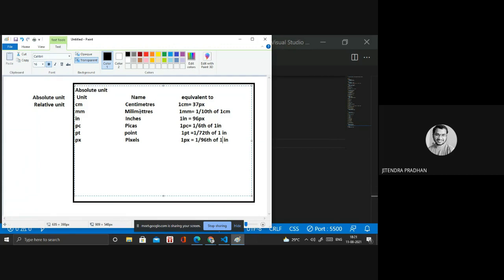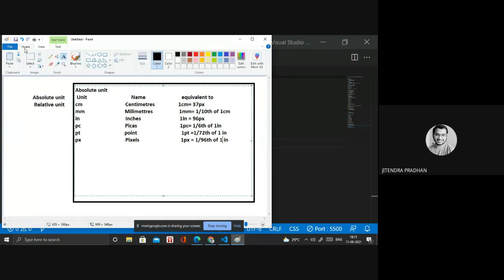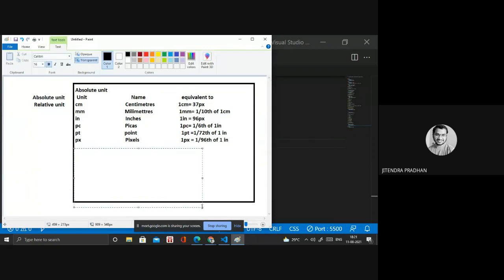So I will show you some of the relative units. The first one is EM. Next we have EX and CH, REM, all these things are there.